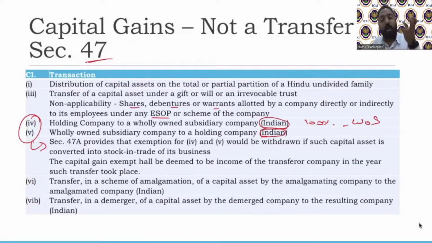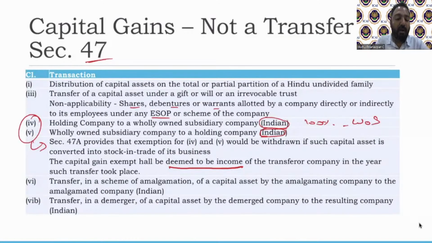So in that case, whatever would have been the capital gain will be deemed to be the income. So what are they trying to say? They're saying that whatever would have been your capital gain in that year, had you actually calculated, treat that as an income right now. So that's what we are actually calling by capital asset deemed to be an income.